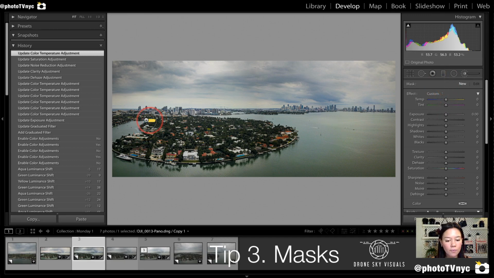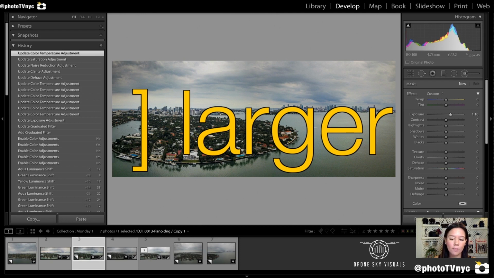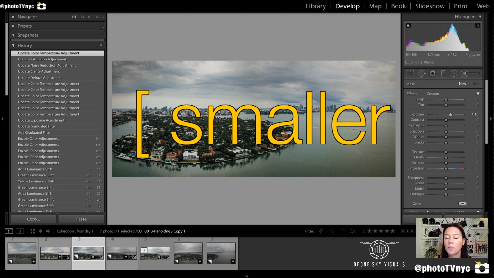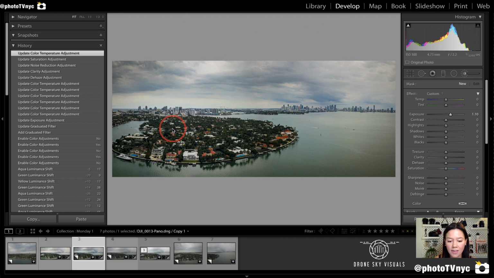And right now, I'm going to open up or dodge my island. So I'm going to go to my exposure at around 1, just starting at 1. You can make your brush larger just by pressing your right bracket, and it's that button that popped up on your screen, and you can make it smaller by pressing your left bracket. In this case, I do want my brush a little bit larger,